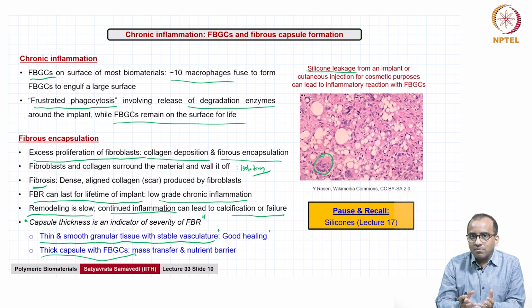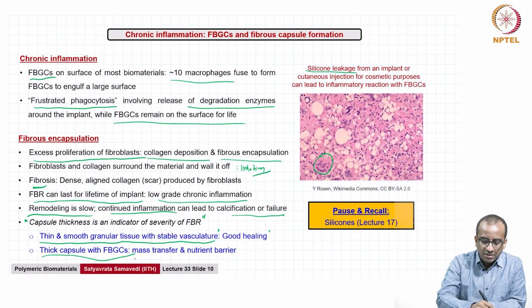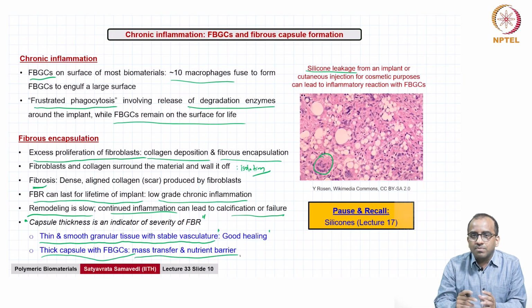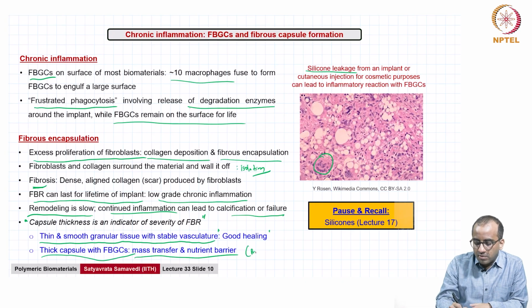And that's not a good thing because it's going to interfere with mass transfer and nutrient barrier because the blood supply is cut off. And for example, in a glucose sensor, if the blood doesn't even reach it, it's not going to be able to sense anything in the blood, right? So this can be a very, very problematic scenario in the long run,